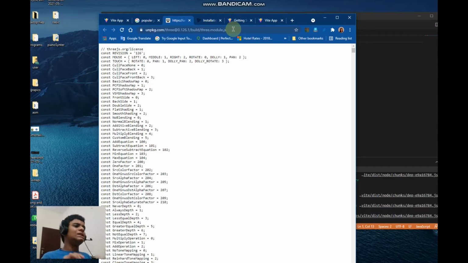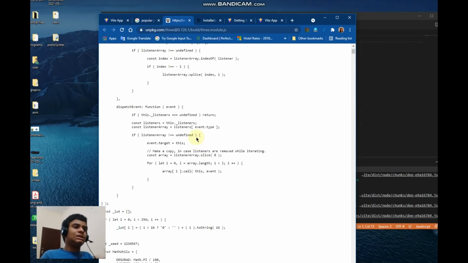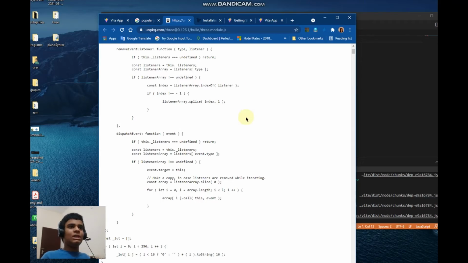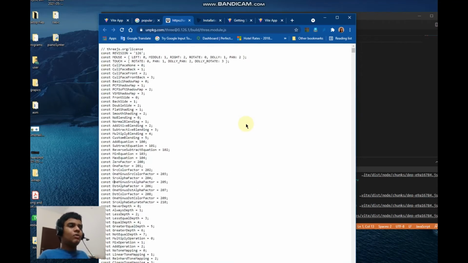Exactly what is this? This is some kind of JavaScript file. It's a very long file. You see, even when I scroll down, it only scrolls a bit, and it is a very big file. So what you want to do is copy this. You don't want to install it because it's a very long file. You have to copy the link, and I'll send the link in the description so you can get it. So copy this